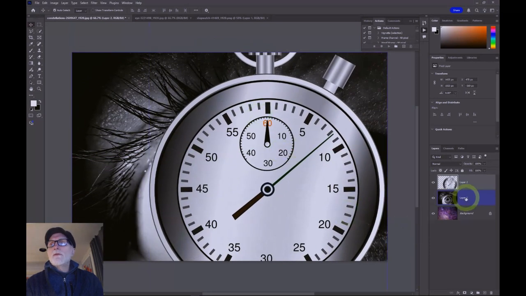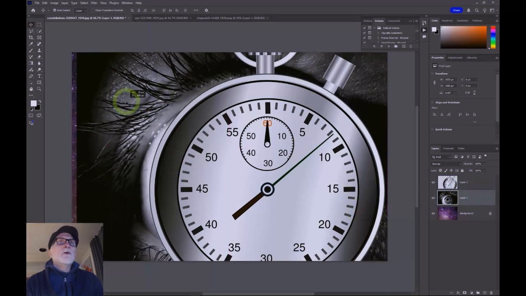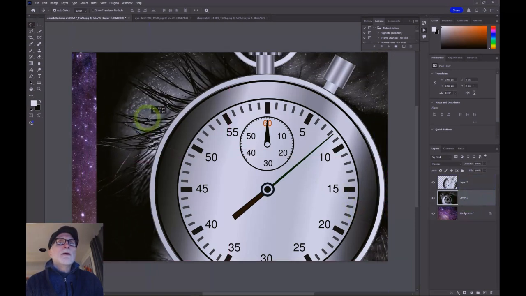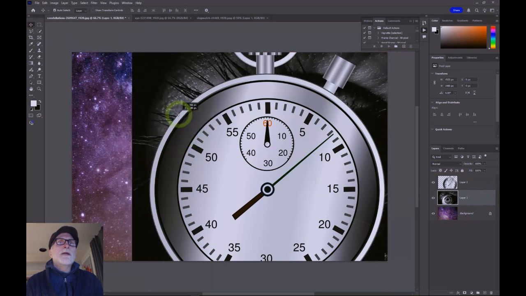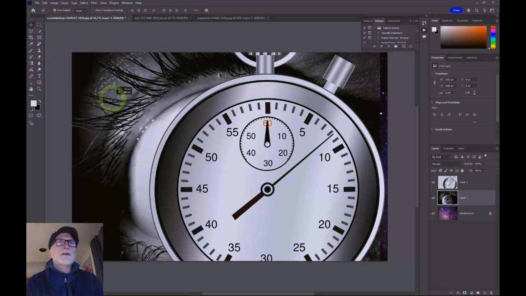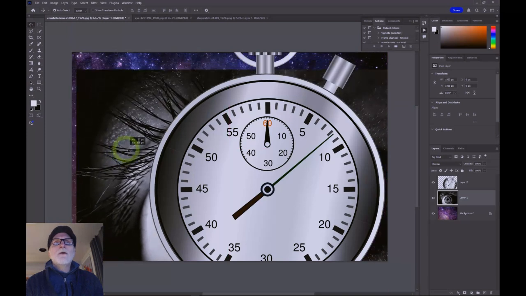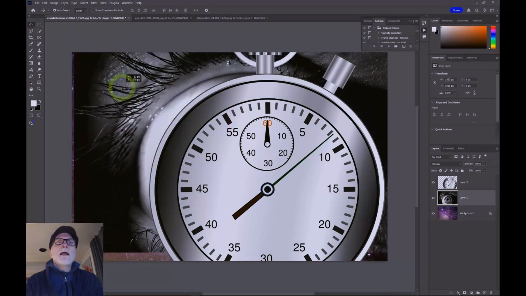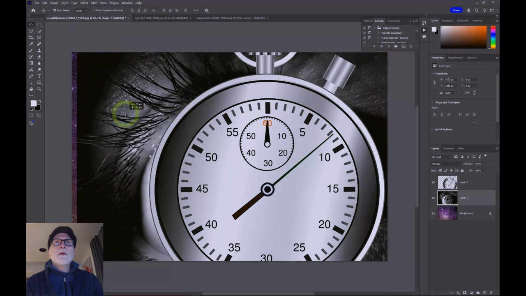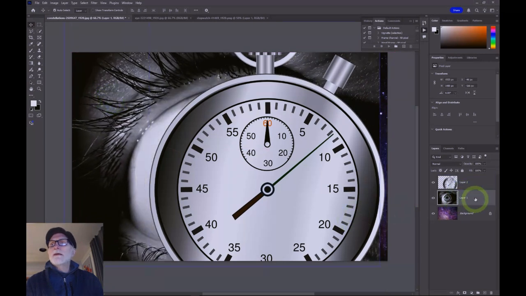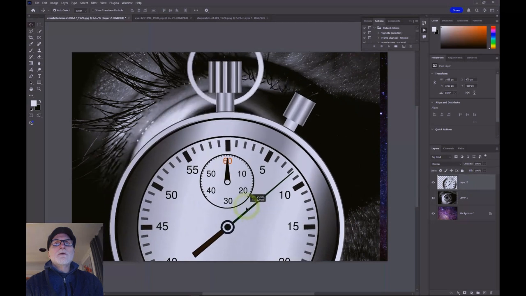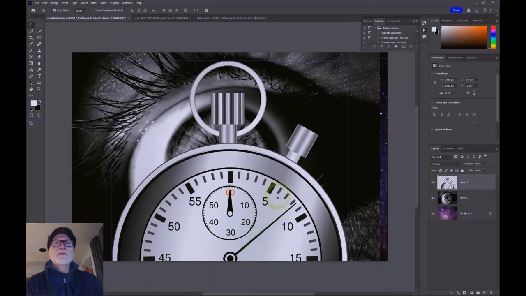If we were on the layer with the eyeball, it would allow us to click and move that layer around behind the stopwatch and in front of the constellation layer. So you can see how the Move tool allows you to move different layers depending on which layer you have selected as being active. So we'll activate the stopwatch layer here once again, and we'll bring the stopwatch down here so that we can